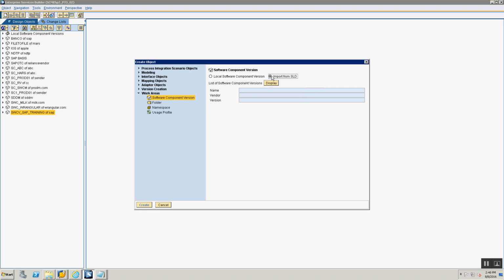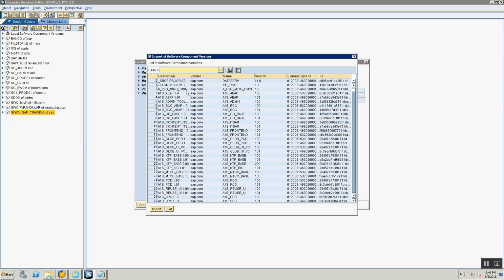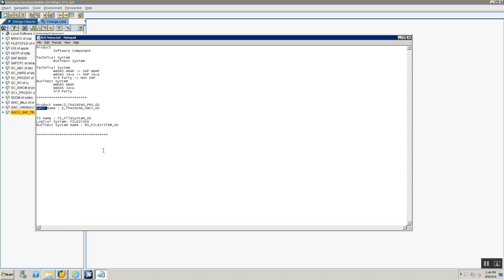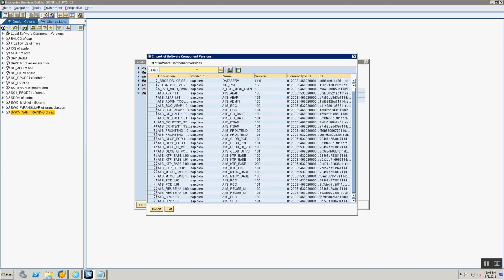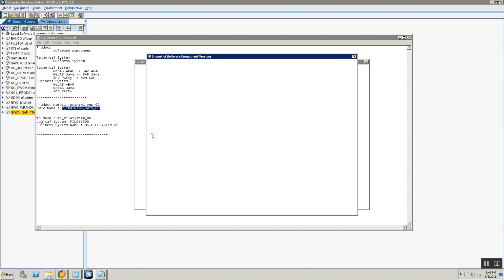All right. So you're going to now select import from SLD, and now when you click on display, you will get all the software components that are listed in the SLD, right? So now I'm going to go into my SLD node 2, and this was the name of the software component we defined, right? Z training SWCV underscore 00. So I'm going to search for this particular software component version. I'll repeat. Once you say import from SLD,